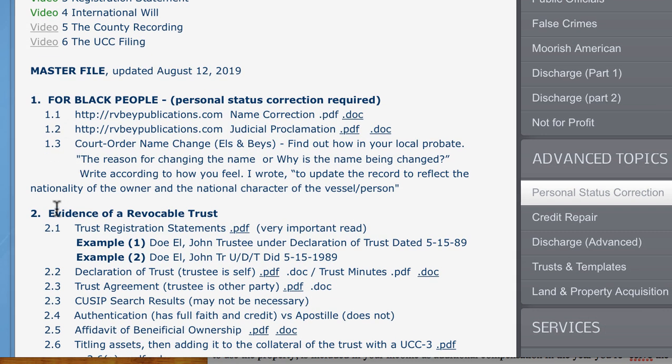But here, as I get down into the trust between personal status correction, the most important thing is getting a court order for myself, so that I can have something to put forward when I'm going after my travel card, passport, state ID, or whatever. I want the L or B to be on any identifying document that I have, because that puts you in the proper status